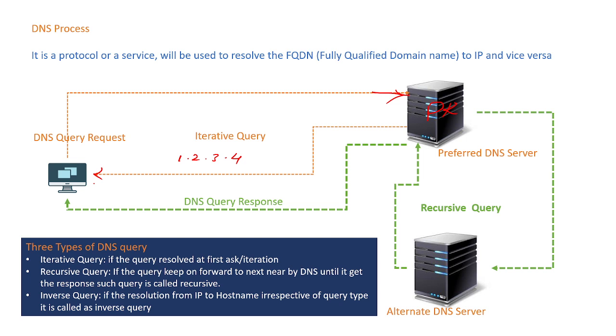So here the query is forwarded to you, and you forwarded the query to your friend, the alternate DNS server, and with the help of him, you are understanding how to go to the Majestic, how to go to Jainagar, and your friend is telling to you and you are telling to me. This is called as recursive, because here the queries keep on occurring. I am asking you, you are asking your friend, correct na?